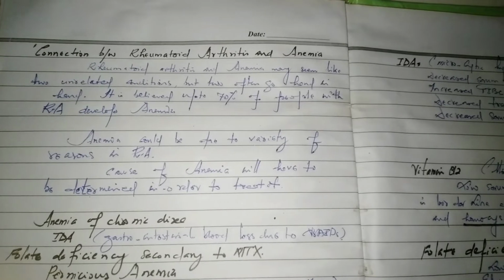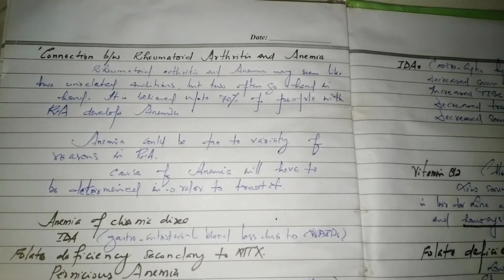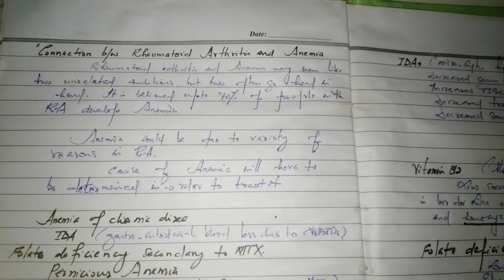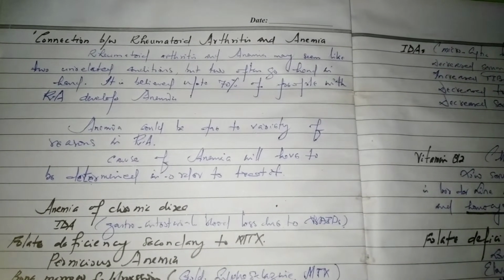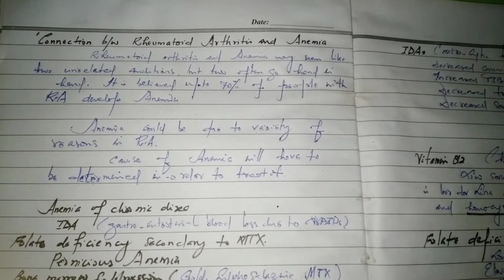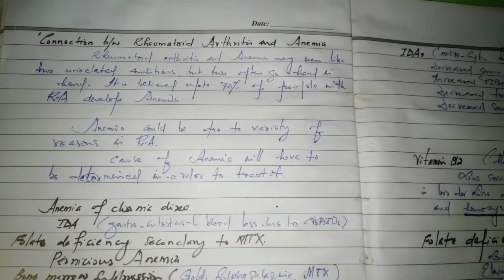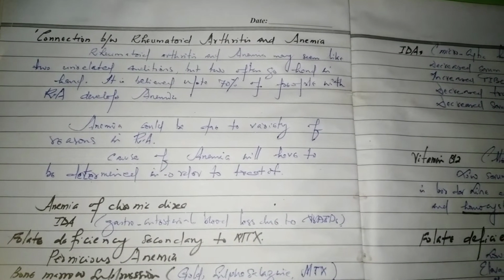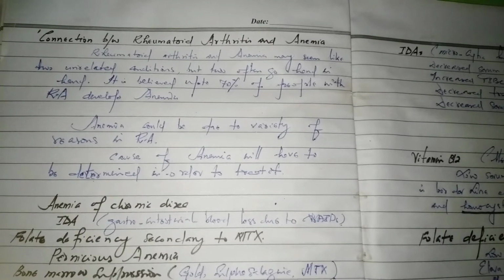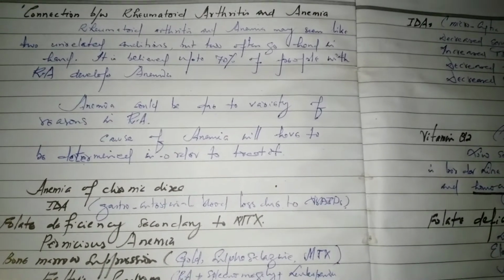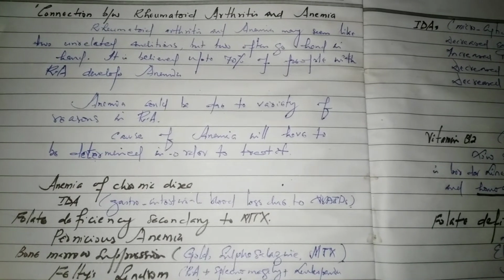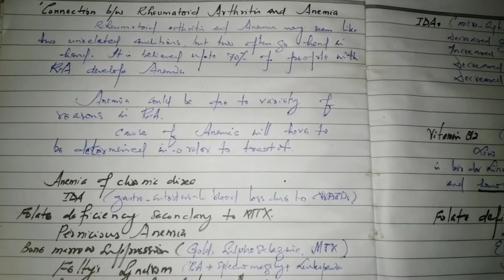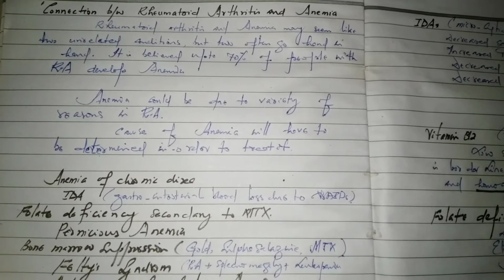It is believed that up to 70% of RA patients develop anemia. Anemia could be due to a variety of reasons in RA. A couple of reasons are there in RA for the causes of anemia. Causes of anemia will have to be determined in order to treat it because the management is dependent upon the